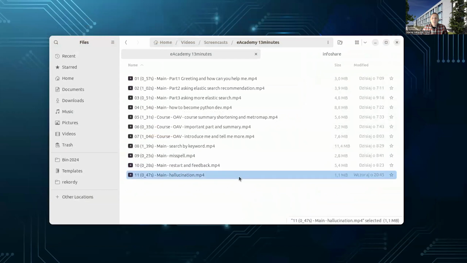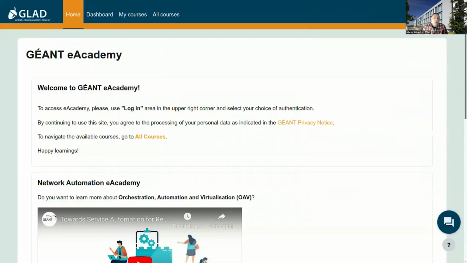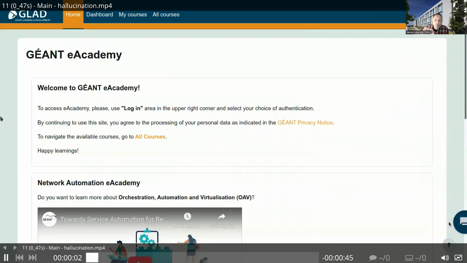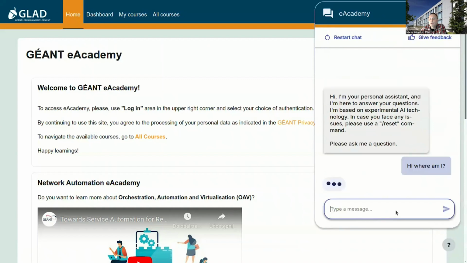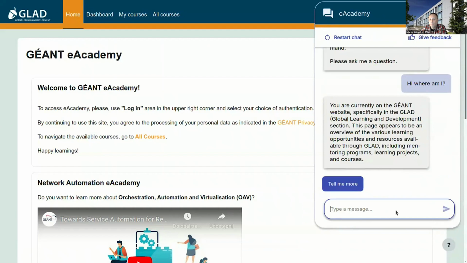And just to show you that this bot is similar to others that we know, it also may hallucinate. Here in this example, the bot will wrongly resolve the acronym GLAD. If you look into the text, GLAD was resolved into Global Learning and Development.